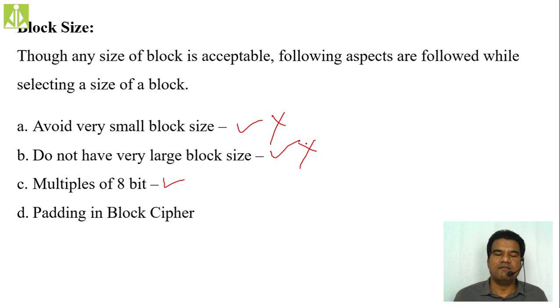Just now I have shown, when we divided the plain text, which is of 63 bits, into 24-bit blocks, we got 2 blocks and 15 leftover bits, isn't it? We got 2 blocks of plain text and 15 leftover bits. What we did, we performed padding of 9 bits to it so as to get the 24-bit block size. So in that way we perform it, and this block size is also going to play a vital role, even though it is not going to affect the security directly, in this block cipher encryption.